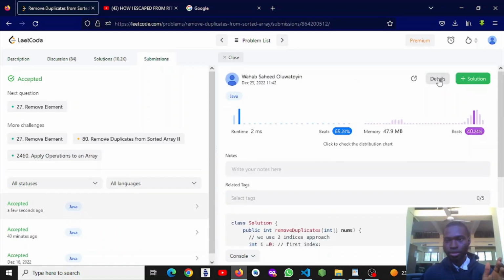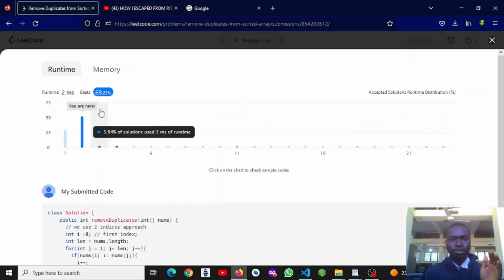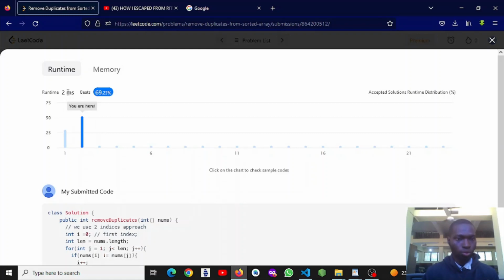Let me check the details. Okay. See now, runtime is 2 ms. It's still perfect. That's the time complexity of the solution, and it's among the best time complexity ever. Do we get it now? And the memory